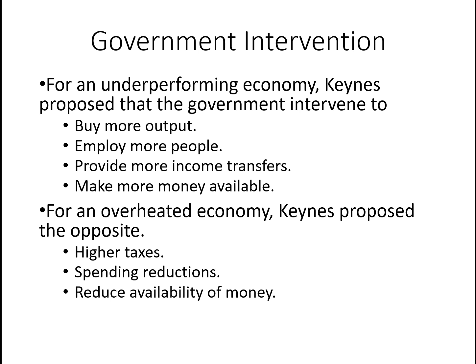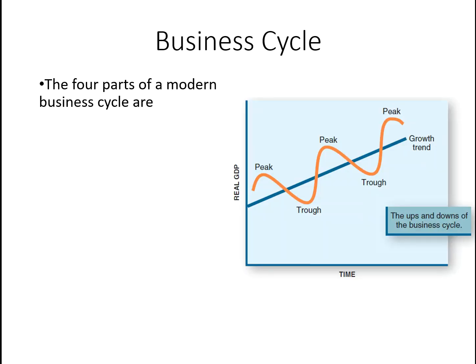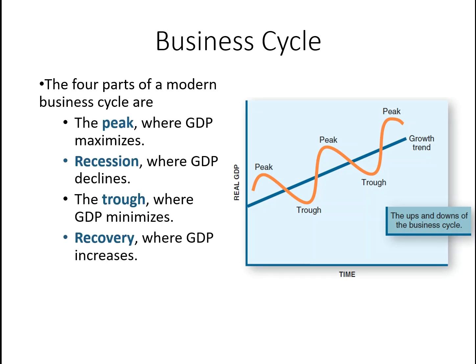Next, since we talk about the business cycle, how many stages does an economy experience? How many stages make up a business cycle? You can see in this chart, and it should remind you of the roller coaster I showed you at the beginning of this chapter. It looks like a roller coaster, but we give different names at different stages. Generally speaking, when we talk about the business cycle, we have four different stages. The first is called the peak, where GDP is maximized. On this chart, we have three peaks, all located on the top of the hill.